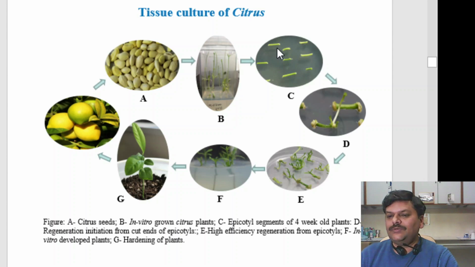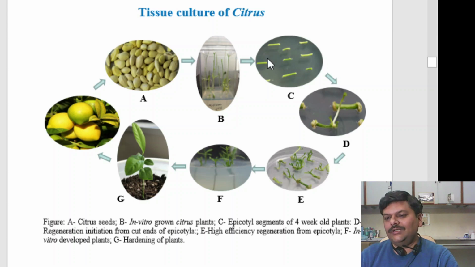We cut these stems into different small pieces, and these are called epicotyl. So the first stem which comes out after seed germination is called epicotyl. The epicotyl is cut into small pieces, for example, from one seed, an epicotyl which is 4